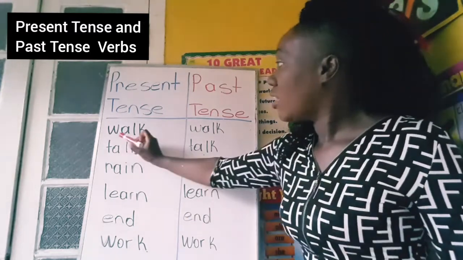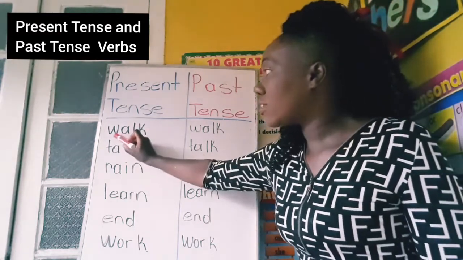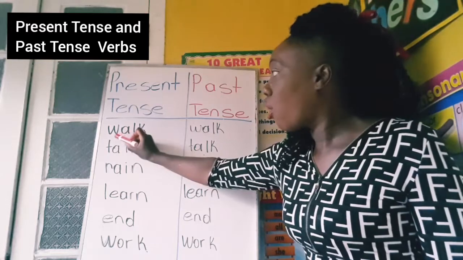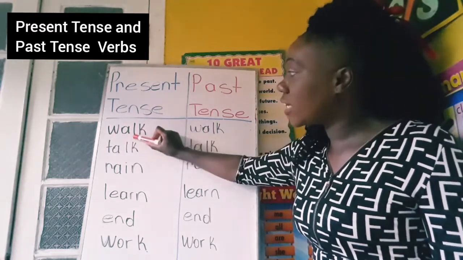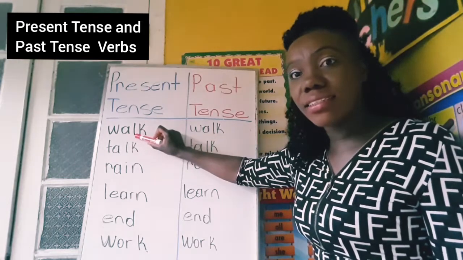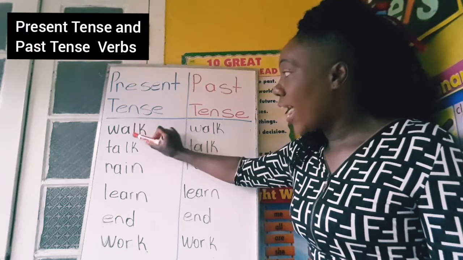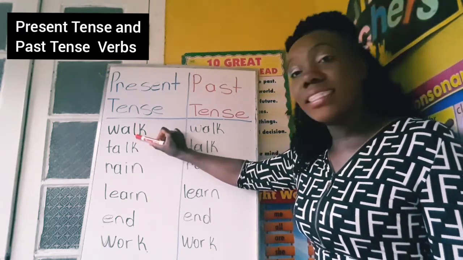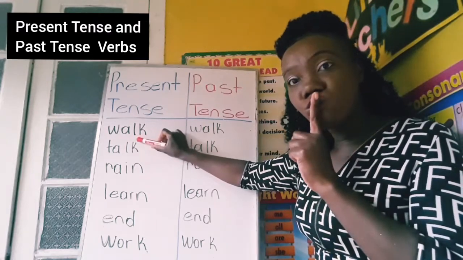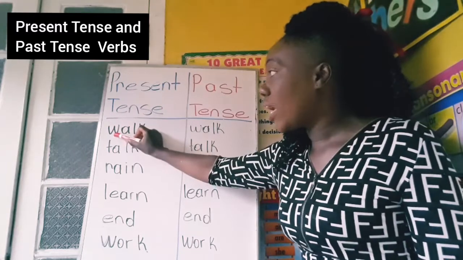Alright. Now this is the word walk. Now in the word walk, you do not hear the L. The L is silent, because if the L comes before K in the word, then the L is silent. So the L does not talk because the K is there. So you say walk.